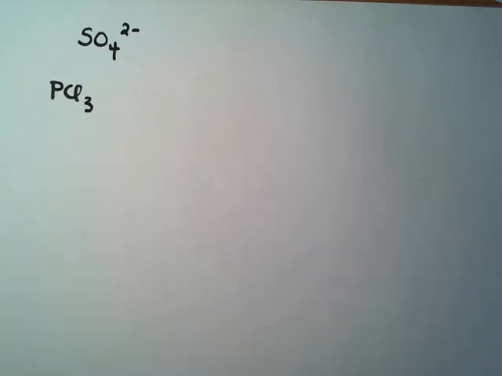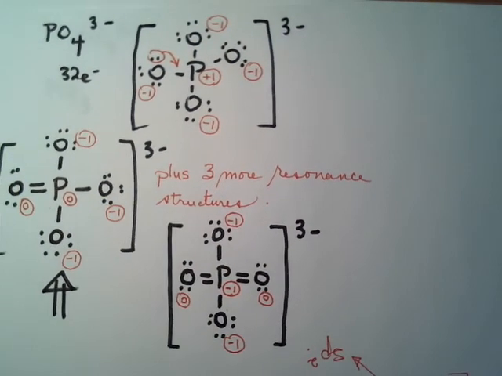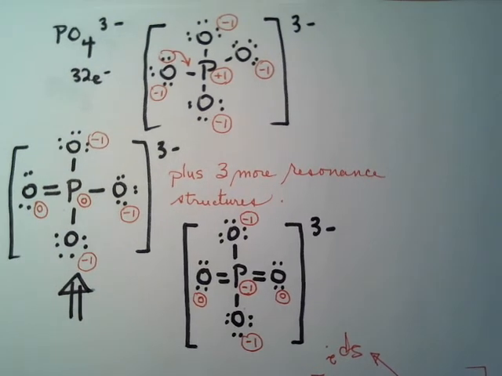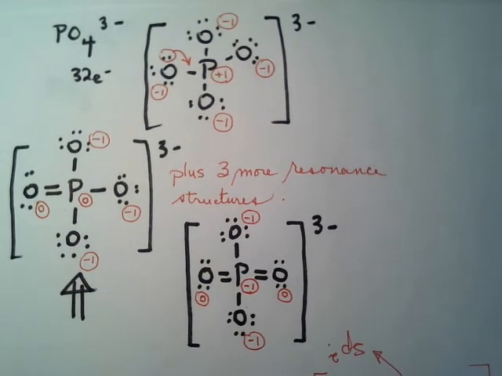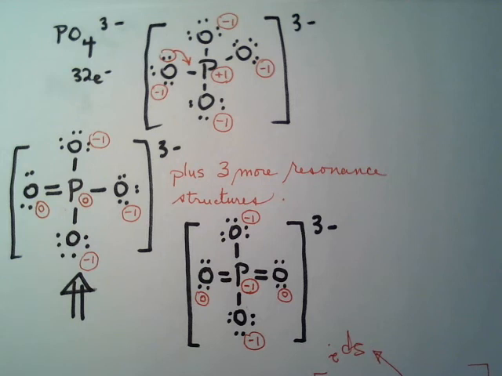PCl3. Oh, can I bring this back here for a moment? Because we didn't do the geometries on the phosphate. We got carried away. I got carried away on the resonance. So, the same question comes up. Which one of these Lewis structure possibilities should I be using to determine the VSEPR